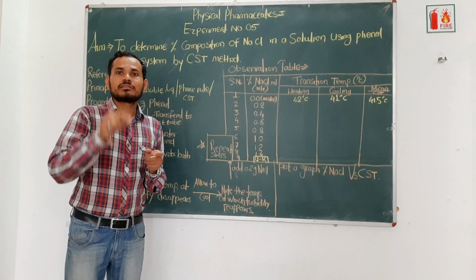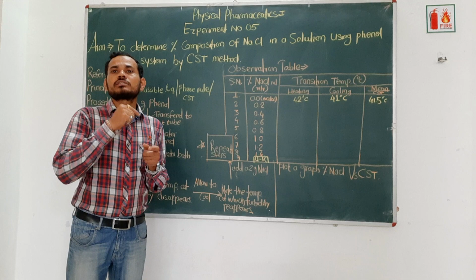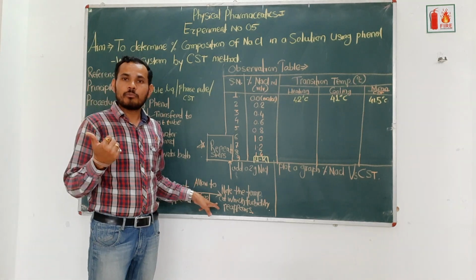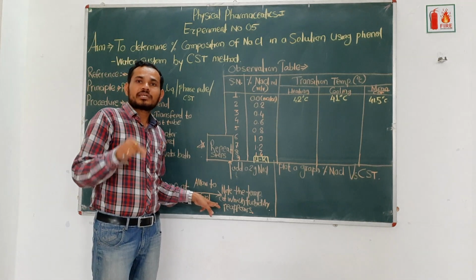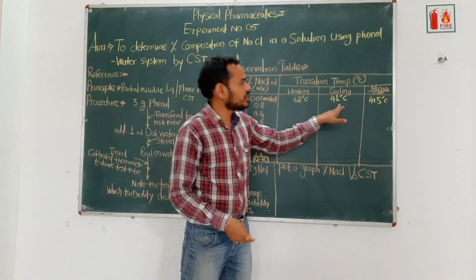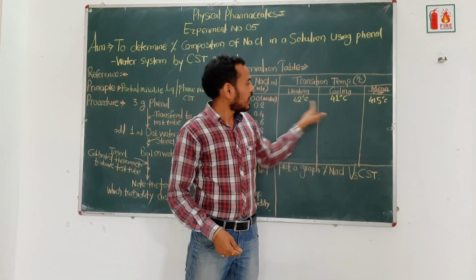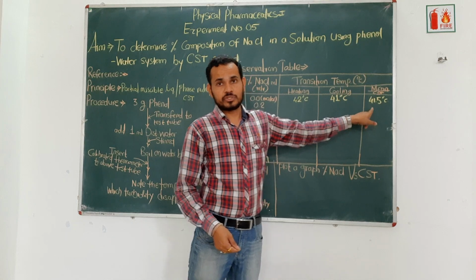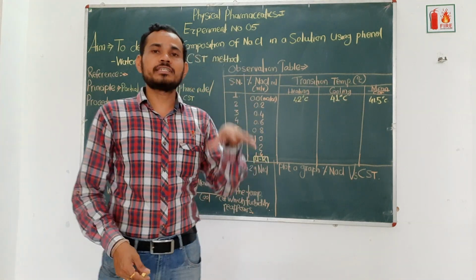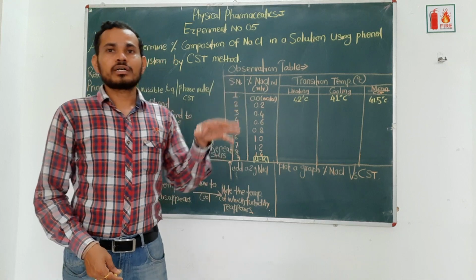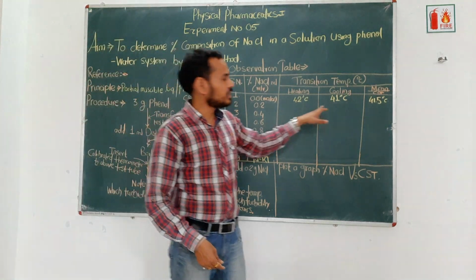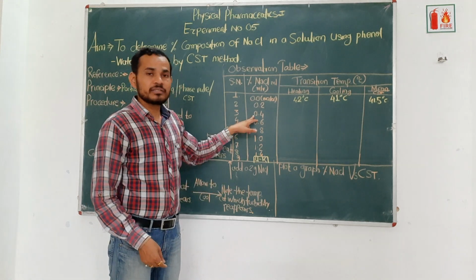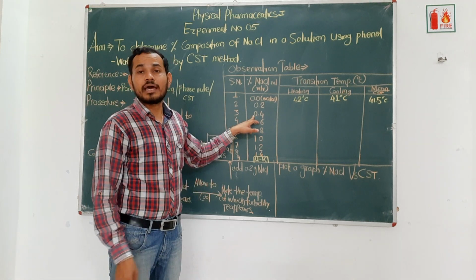So what will happen? This turbidity that is there starts to disappear. So that point one has to note. Later on, we have to remove the boiling test tube, and again the temperature at which turbidity reappears has to be placed in this particular column, and by taking the mean of this value, we are getting the exact critical solution temperature. So the impact of this NaCl on the critical solution temperature is what we are going to study by using this. A similar procedure we have to perform by taking 0.4% weight by volume NaCl concentration.